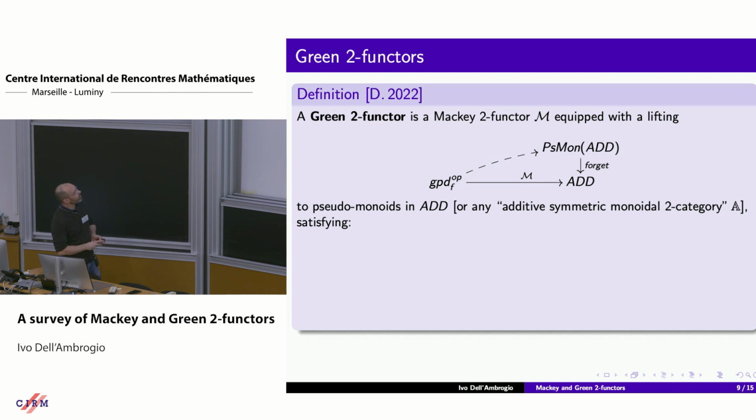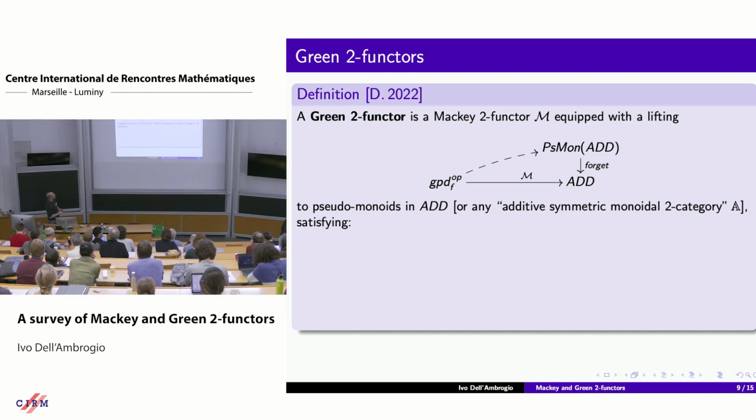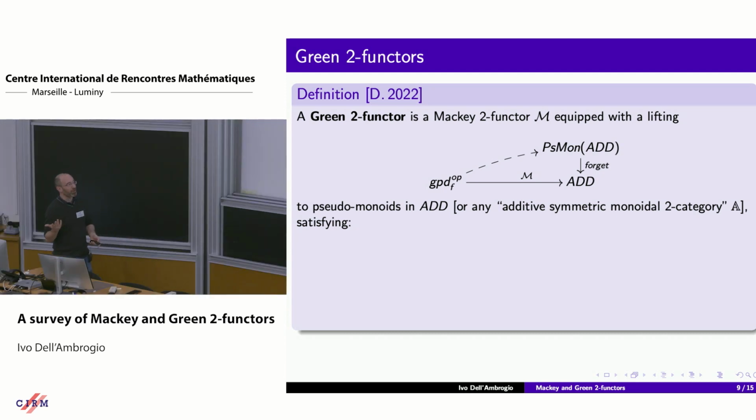Now this is also a not so complicated definition. A Green 2-functor is just a lifting. So it's a Mackey 2-functor M, which comes equipped with a lifting along the forgetful 2-functor into the 2-category of pseudomonoids in AD. So pseudomonoids, strong pseudomonoid morphisms, and monoidal 2-morphisms, whatever they're called, which here means just monoidal additive categories, strong monoidal functors, and monoidal natural transformations,